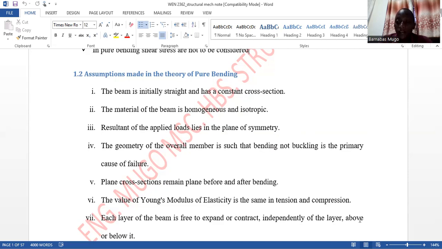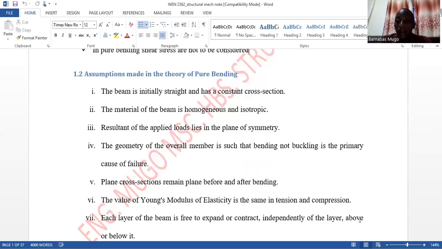And the X, the Y, and the Z axis have equal dimensions. We also assume that the beam is homogeneous and isotropic, meaning that homogeneous is that the beam is made of the same material, and isotropic means that the beam has the same elastic properties in X,